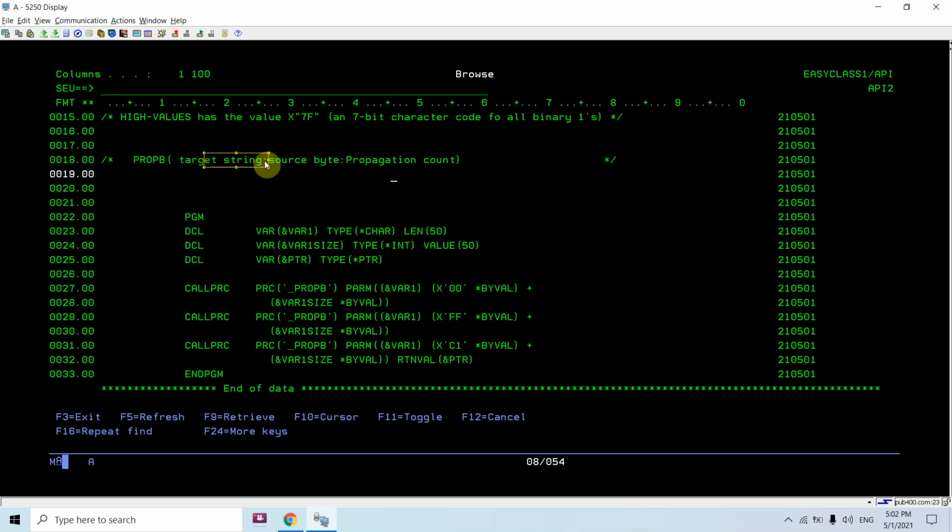For example, it is 10 length and I want to pass a source byte of 1 length, or if it is greater than 1 length, then only the rightmost byte gets passed. If the same 1 length byte is passed till position 5, with a propagation count of 5, then it will replace that target string till 5 positions. So basically we are propagating the source byte to the target string with the number of propagation count.